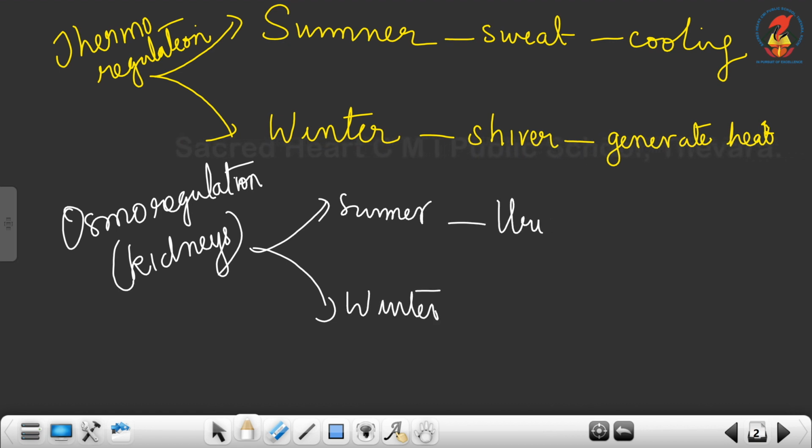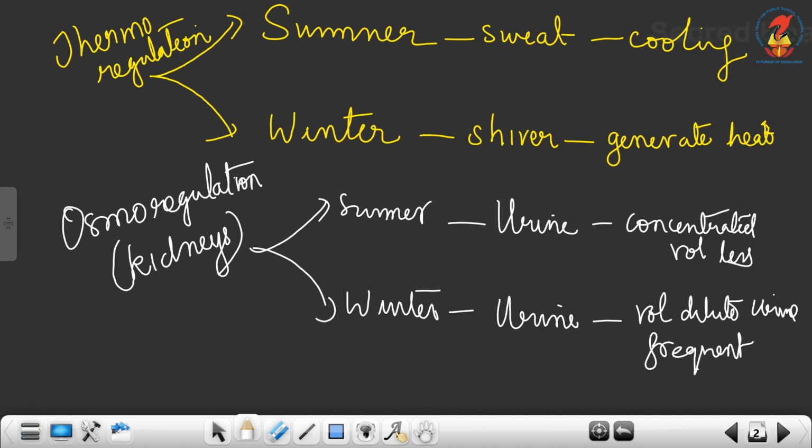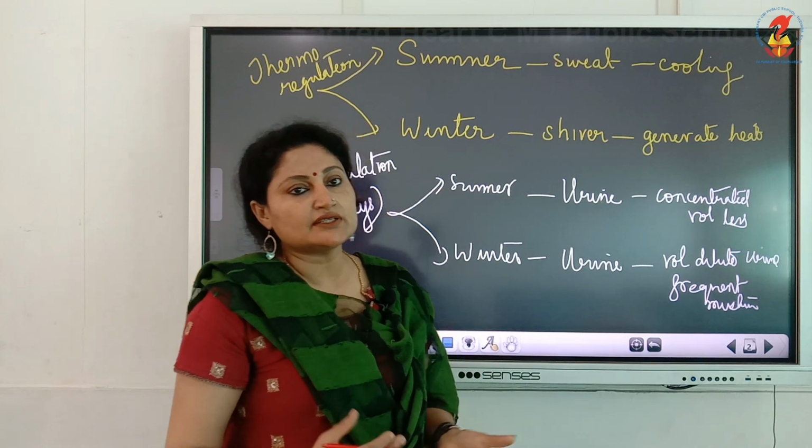Now the urine produced during summer, how is it? It is highly concentrated, and do you frequently urinate? No. So volume is also less. On the other hand, during winter, there is a high volume of urine, and that too diluted, very diluted urine, and frequent micturition or passage of urine. So this is the case during summer and winter, which is brought about by the kidney